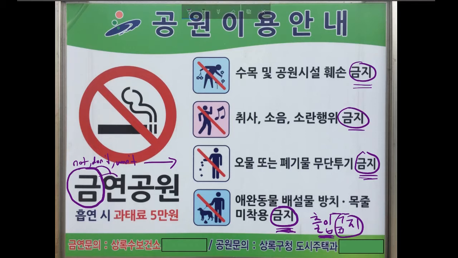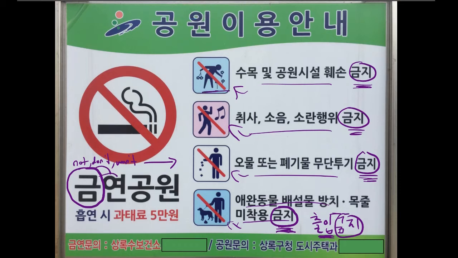So in all cases, here and here and here, and also down here, it's saying don't do this, don't do this, don't do this, and don't do this. And that's very simple, because we can see the picture. And you can probably guess just by looking at the pictures. This is saying don't pick any flowers. This is saying don't yell at any music notes. That's obviously a joke. And this is saying don't throw little square boxes.